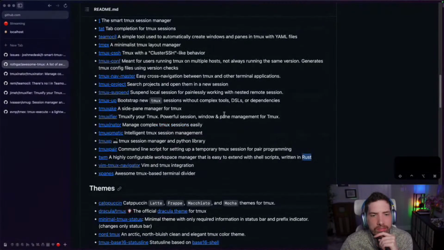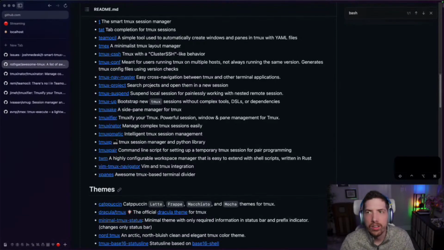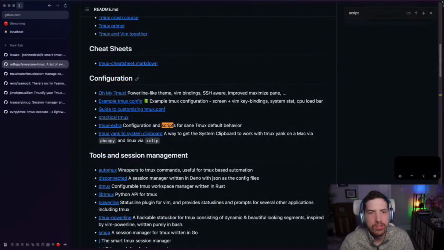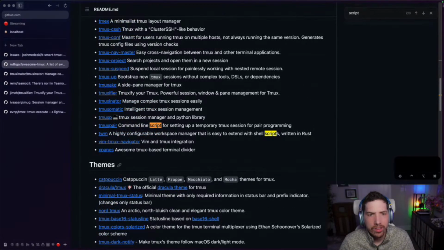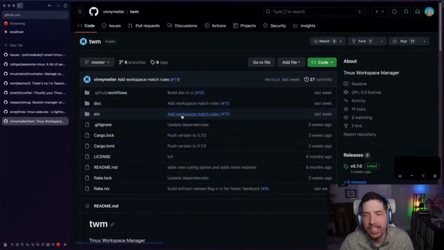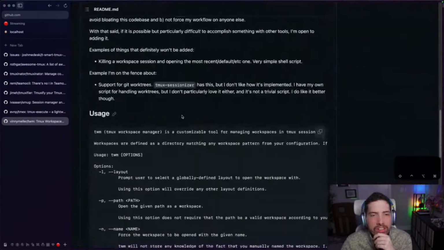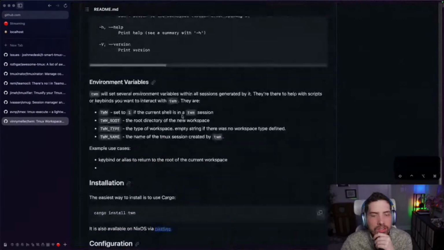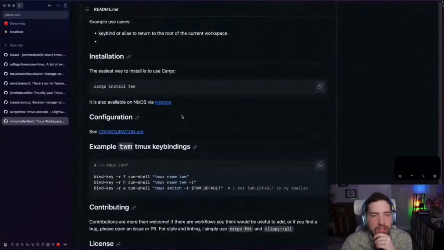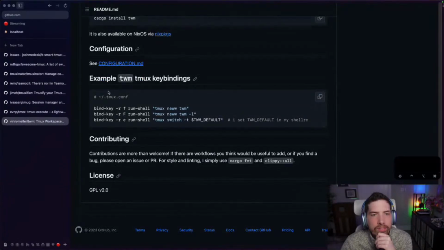Where is it? One of these is basically script. Extend with shell scripts. Did we just not get there yet? Or did I close this guy? Maybe I closed him earlier. I didn't give him a fighting chance. Okay. Fuzzy Finder for workspaces. Yeah, so